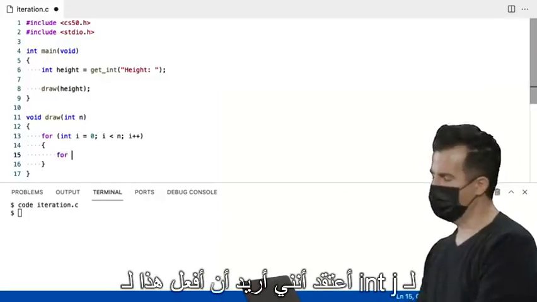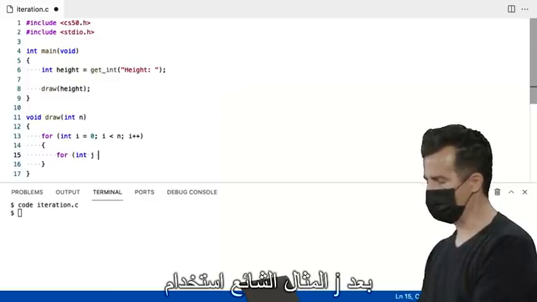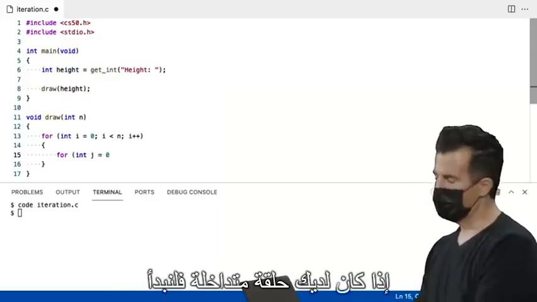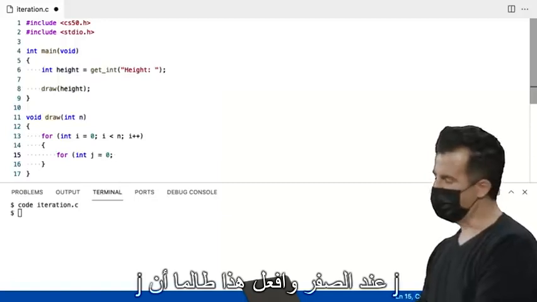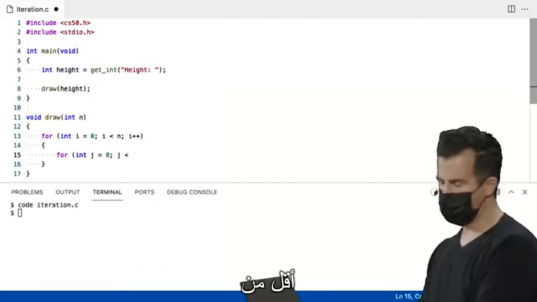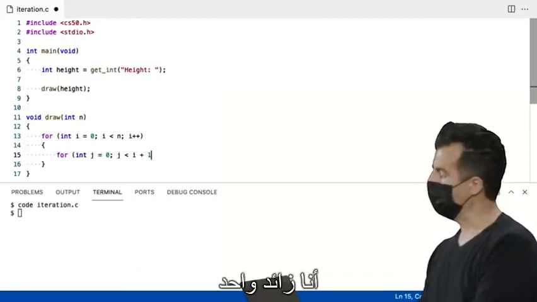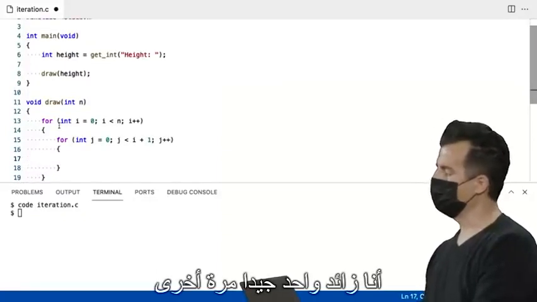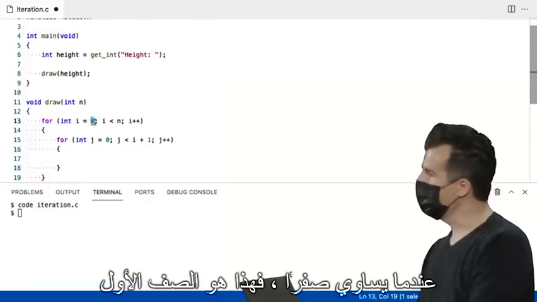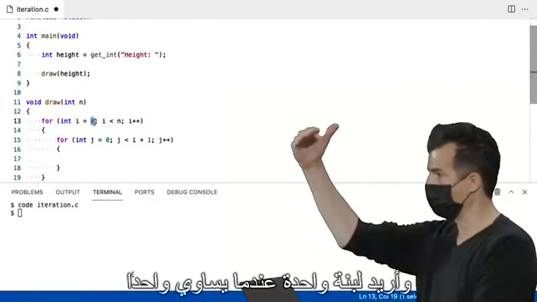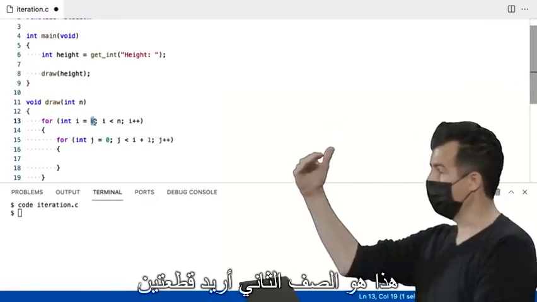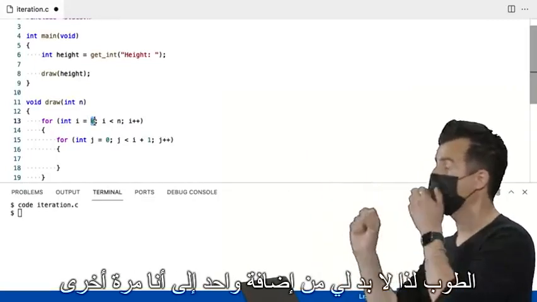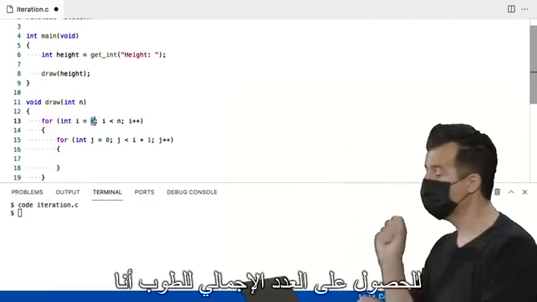Well, I think I want to do this. For int j, for instance, common to use j after i if you have a nested loop. Let's start j at 0 and do this so long as j is less than i plus 1. And then do j plus plus. So why i plus 1? Well, again, when i equals 0, that's the first row, and I want 1 brick. When i equals 1, that's the second row, I want 2 bricks. And dot, dot, dot, when i is 3, I want 4 bricks. So again, I have to add 1 to i to get the total number of bricks that I want to